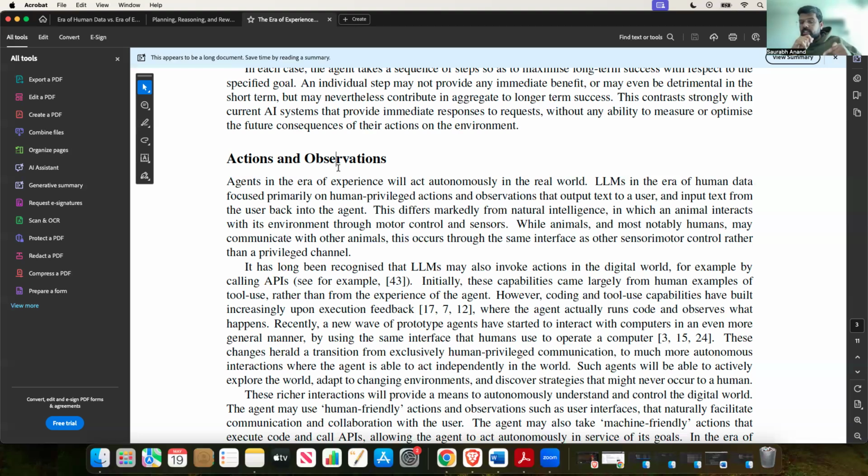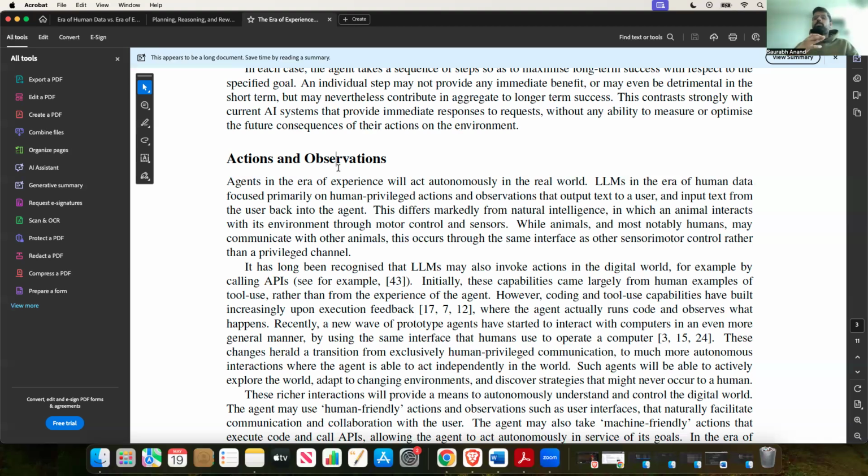LLMs run coding environments under the hood. Sometimes when you ask a doubt to ChatGPT, you can see it opens a canvas and starts running the code. It checks whether the code is correct or not, right? So that is a true sign of experiential learning, but it is experiential only in behavior, not in the true sense of how experiential learning would be, because it is not updating its model parameters then and there. That's what makes all the difference, right? It is interacting with the environment, but even though it is, it is not updating its policy. It is not updating its knowledge, as will happen in the case of experiential learning.